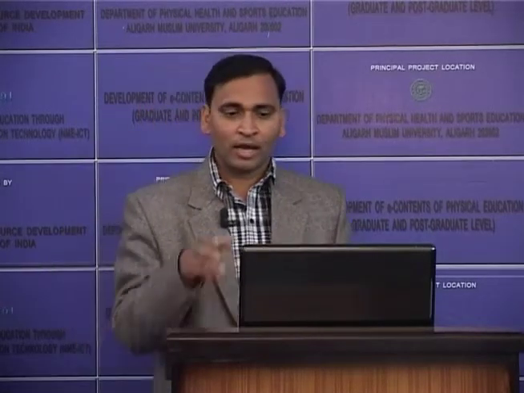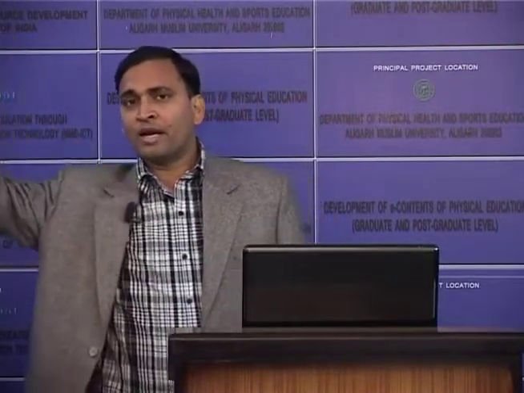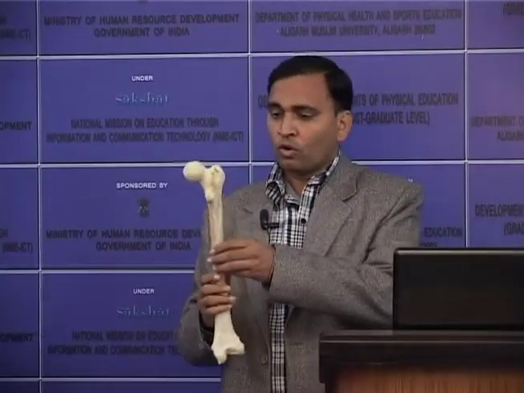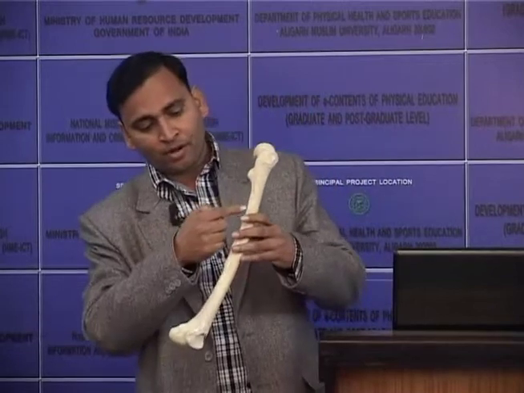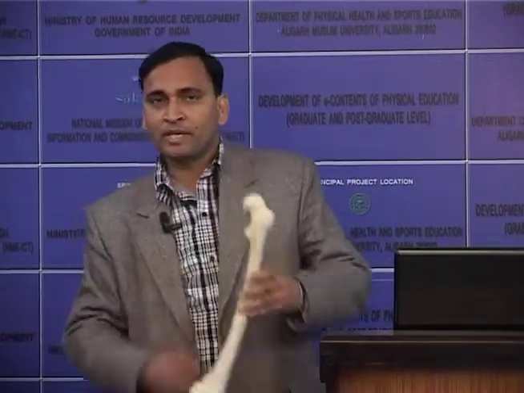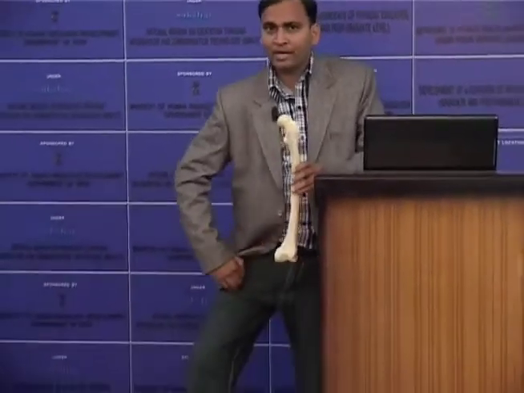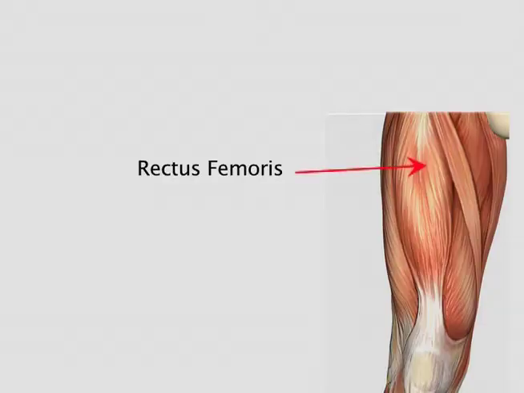This forms the major portion of the quadriceps muscle, and it arises from the medial lip of linea aspera. As we have seen, vastus lateralis originates from the lateral lip of linea aspera, whereas vastus medialis originates from the medial lip of linea aspera. As you can see in the diagram also, vastus medialis is originating from the medial lip of